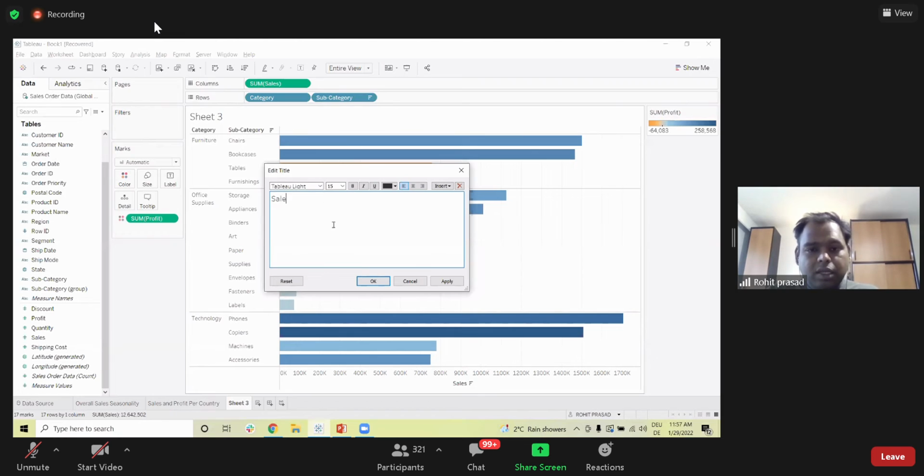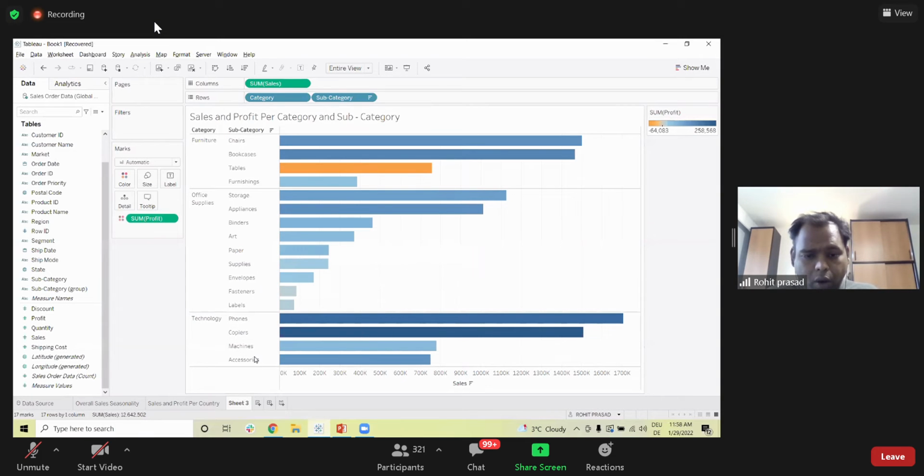So it's sales and profit category and subcategory. All right, I just copy it, Control C, hit OK, go down to the sheet number 3, right click, go to rename and Control V,